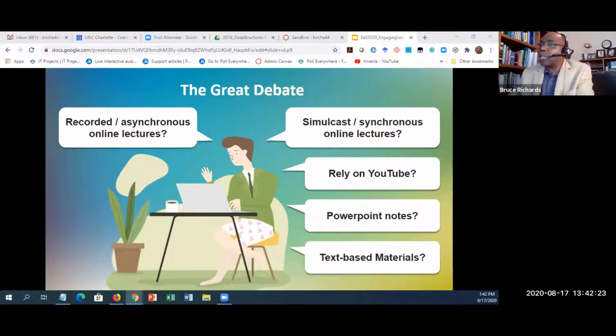And as you can see here, from the gamut of a recorded asynchronous or recorded synchronous, or the word now is simulcast, relying on different media beyond just the text, that PDF. Now we're getting into media. We're getting into YouTube. We're moving beyond just a text base.